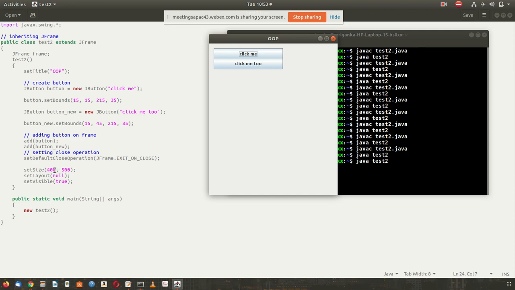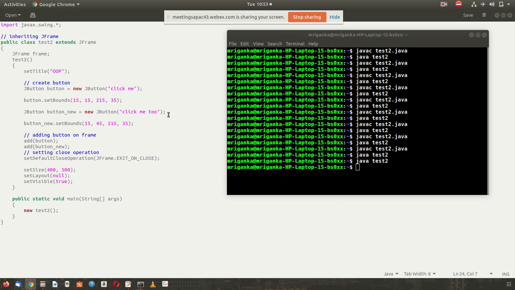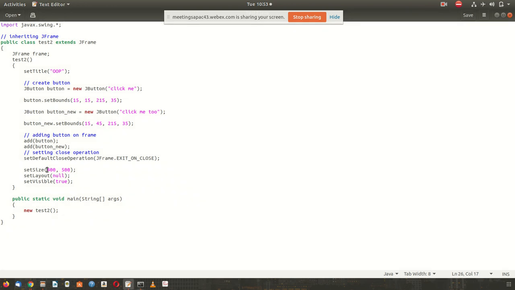After that, set size. Set size is the size of the frame. Suppose we want to change the size of the frame to 200 comma 200.